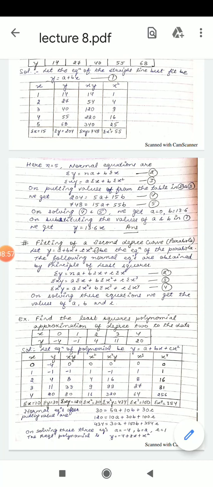Again we have written the given data in the tabular format and calculated all the terms to be substituted in the normal equations. So for the column of x, the summation is 10, y, its summation is 30, xy, its summation is 120, x square, summation of x square is 30, x square y, its summation is 434, x cube, its summation is 100, x to the power 4, its summation is 354.